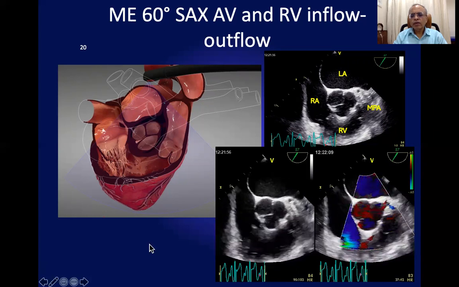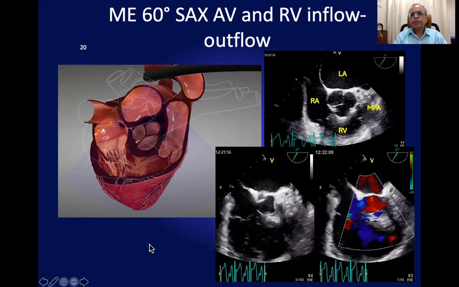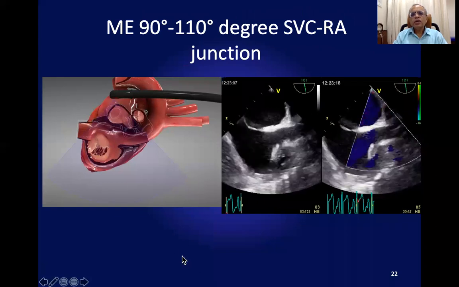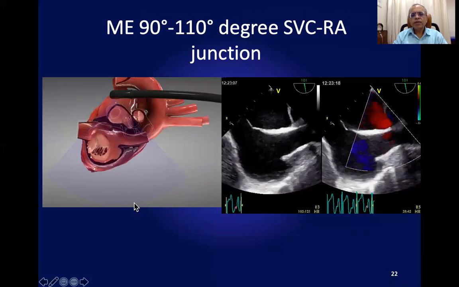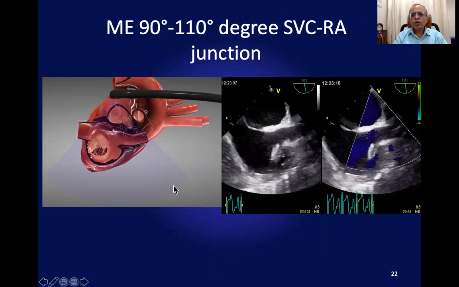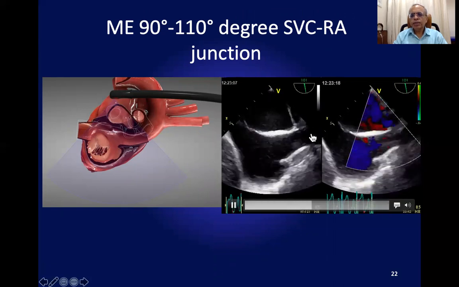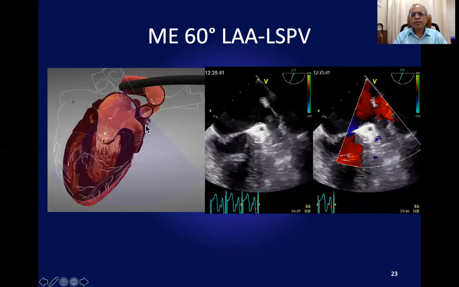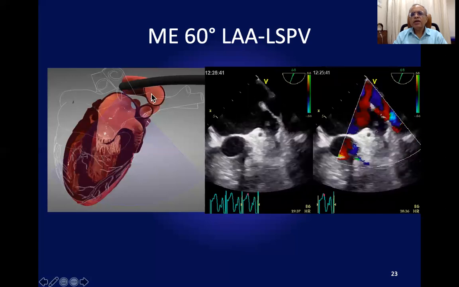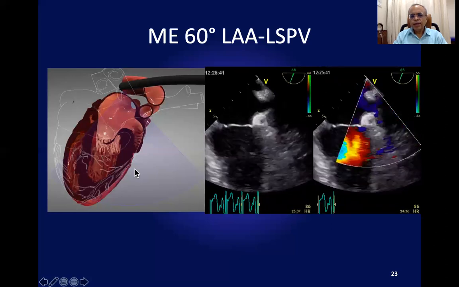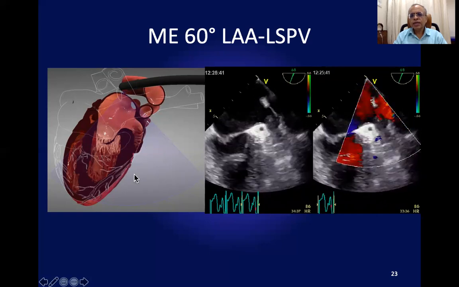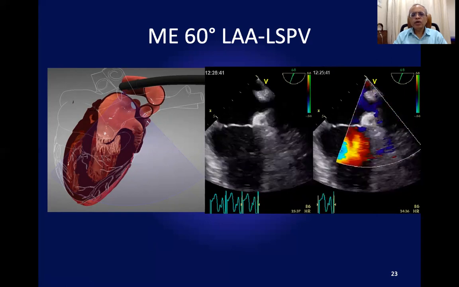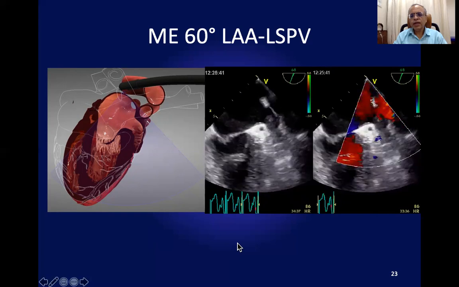Now this is the vertical view, which is also called the bicaval view, and this is the anatomical correlation, and this is the ultrasound image of superior vena cava and inferior vena cava. This is especially useful in understanding the left atrial anatomy and the TEE imaging planes, how they cut the left atrial appendage, and how we can go all the way from 0 to 120 degrees to look at different lobes of the LA appendage.